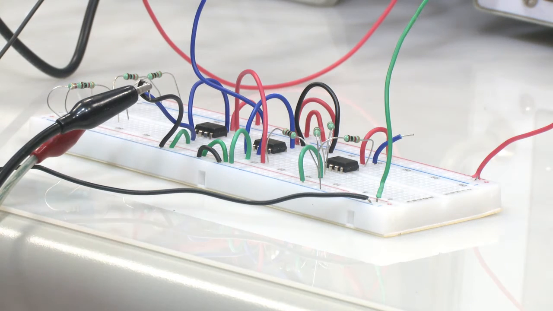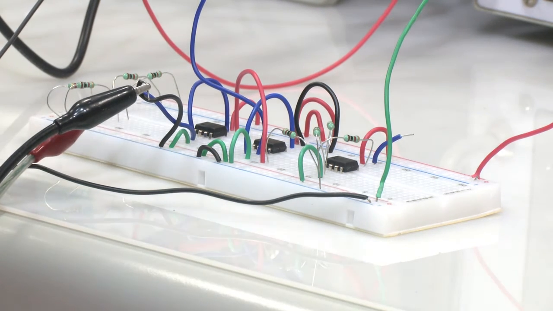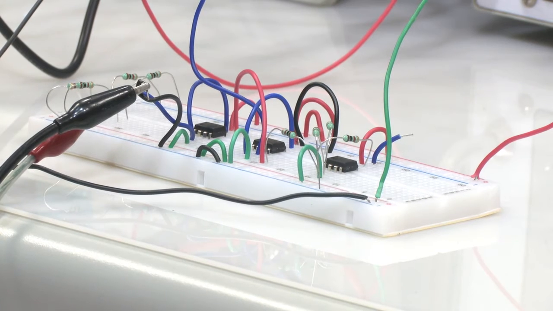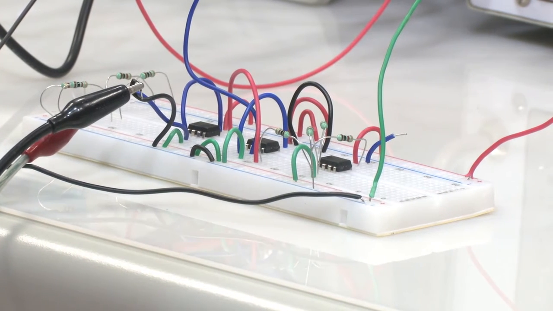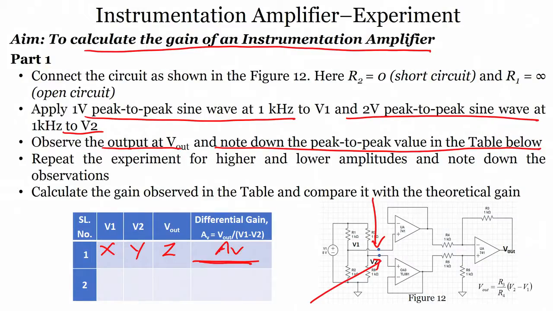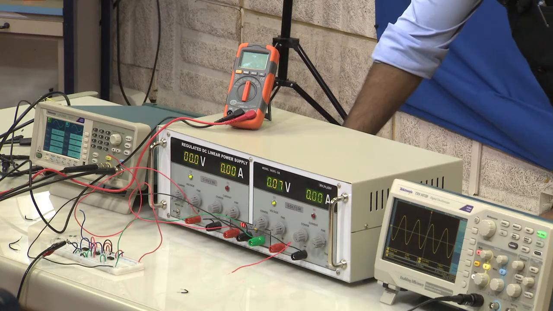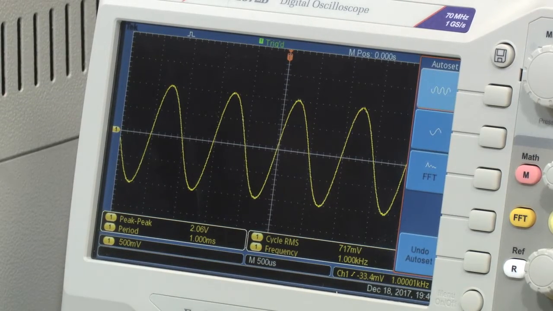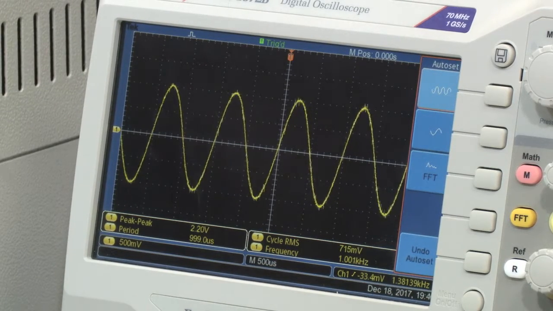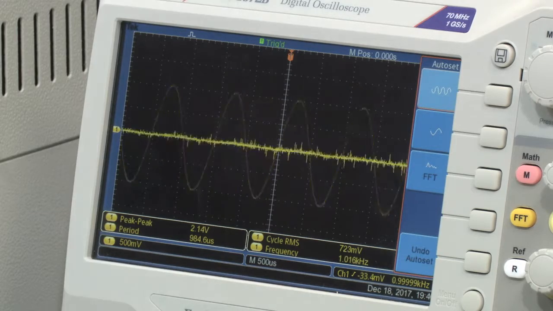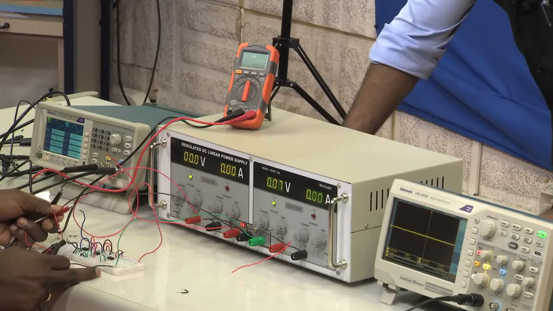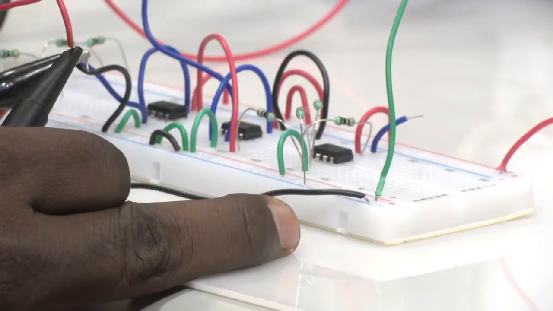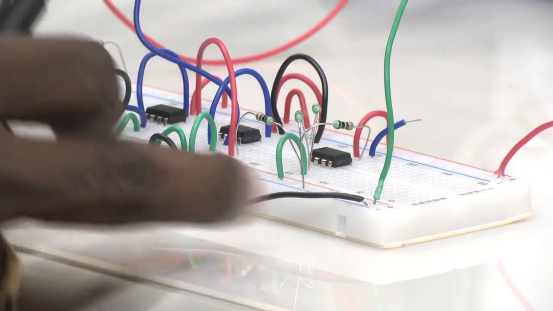Now, when he applies input, we have to check the output. That is what we have to do in the experiment. We have to apply the input. So, this is only one input he has applied. Now, he is checking the second input again with the oscilloscope. So, you can see in the oscilloscope, if you focus, it is around 2 volts peak to peak. Now, again you go back to the breadboard, please, and he is connecting the second input to the instrumentation amplifier,